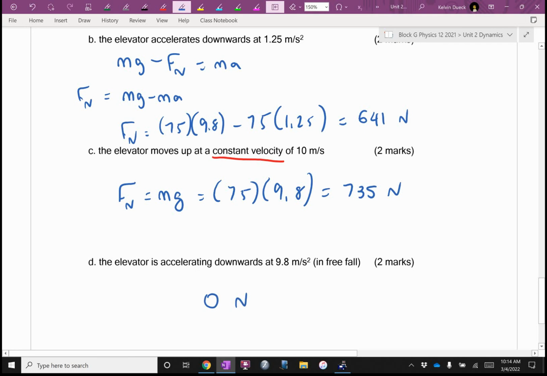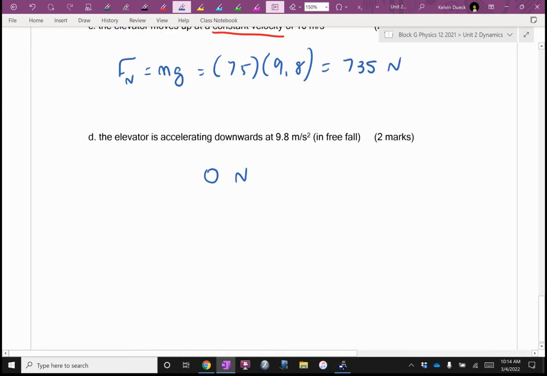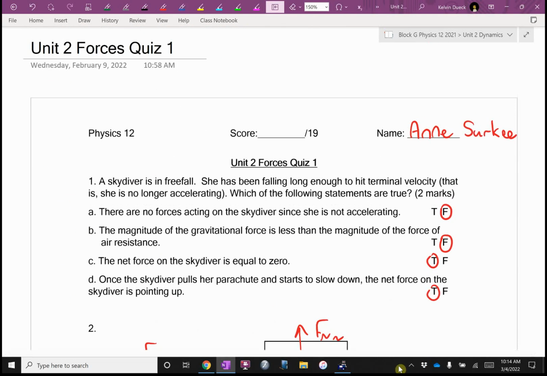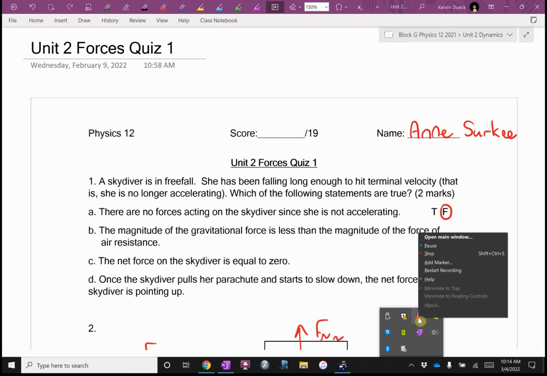Yes? Do I need to do a proof, or you've learned enough physics now, since the scale measures normal force? If you're standing on it in midair, there is no ground to push up on the scale, so no normal force. Okay? Can you give yourself a lovely score, please, out of 19? If you need to lawyer